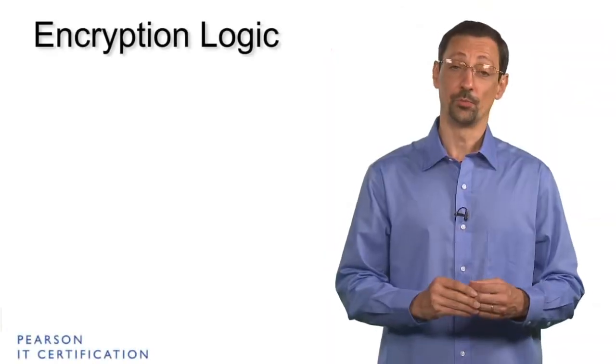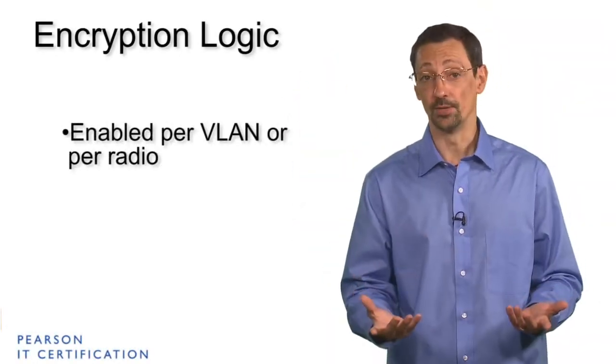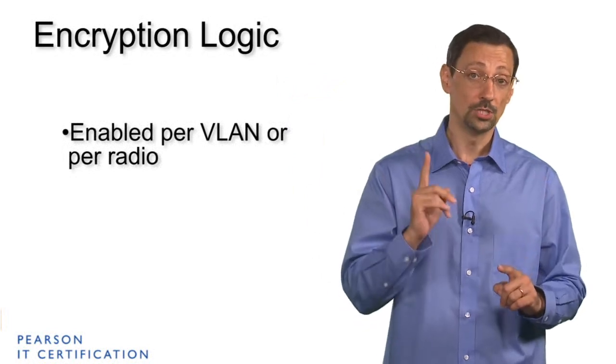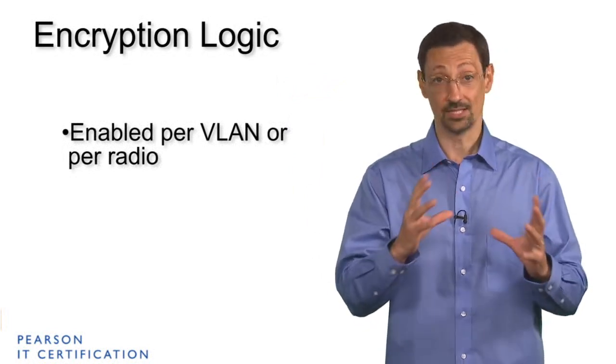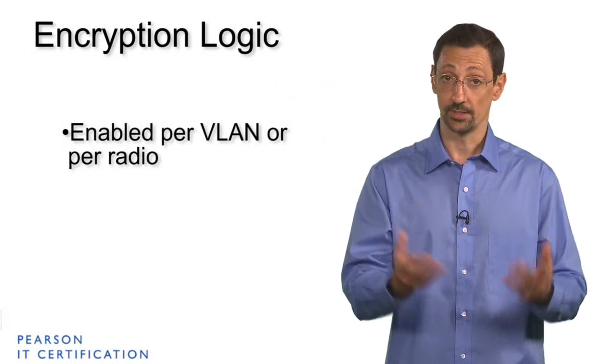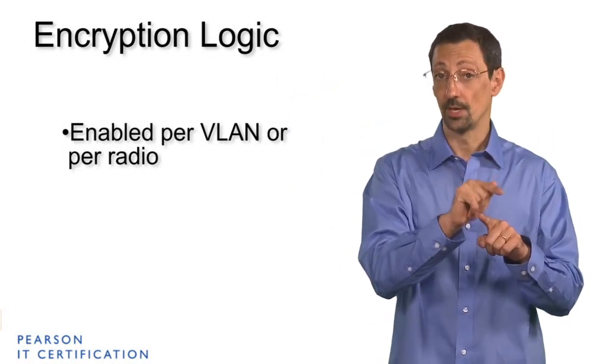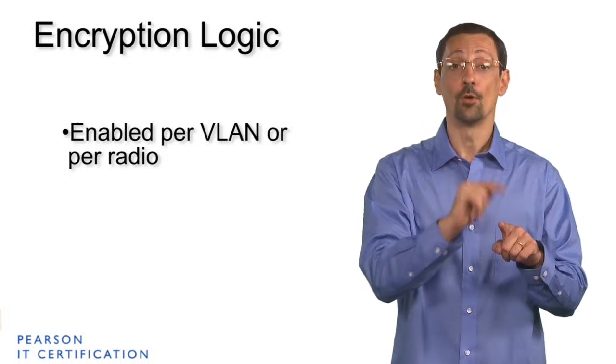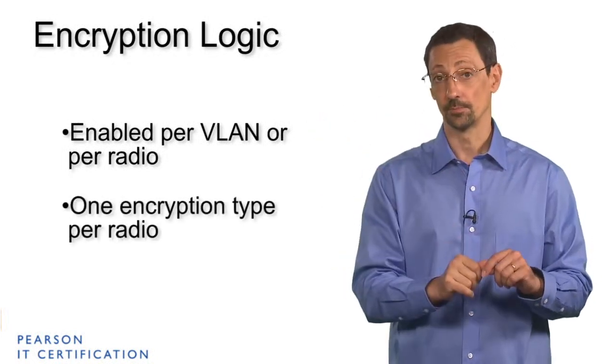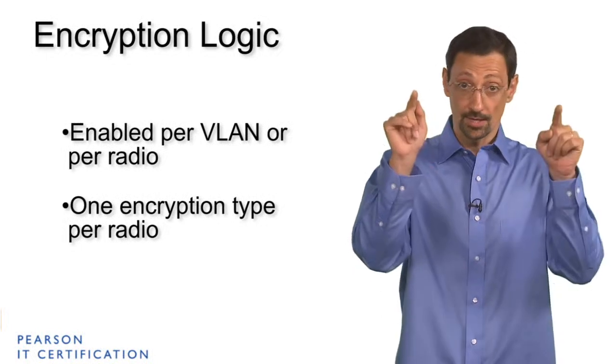The encryption can be configured on the per VLAN or per radio basis. However, what you have to keep in mind is that you cannot mix and match. What I mean by that is that if you have VLANs, they will be associated to a radio interface. And that radio can only have one single encryption type, which means that if you have VLANs and two VLANs